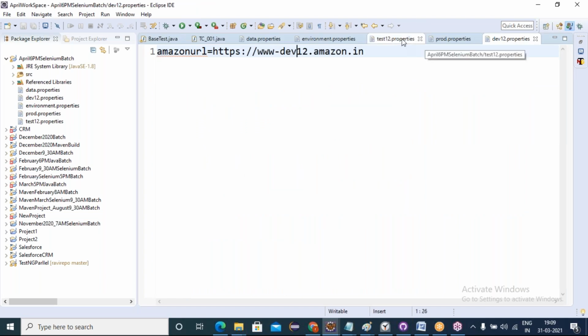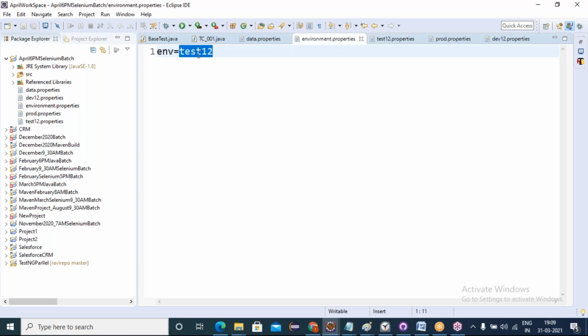So the respective instance URLs I have given in these properties files. The main logic is in environment.properties: whichever instance you give, the corresponding child properties file is loaded. On the child property file being loaded, the key I give returns the key-based value, that instance URL.